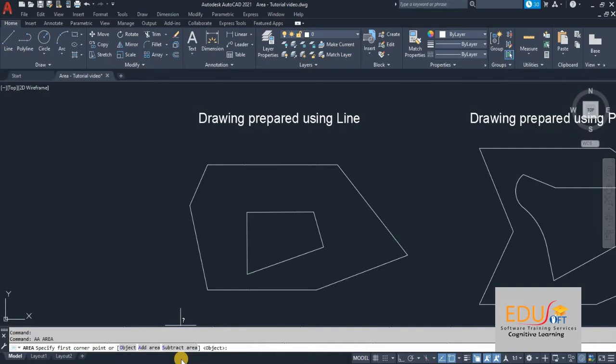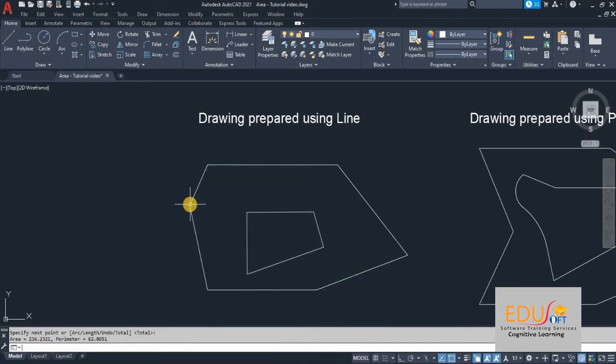Here at first we will find out the area of the biggest shape. While clicking on the corners of the biggest shape, you can see a green shade within that object. Select all the corners and press enter.